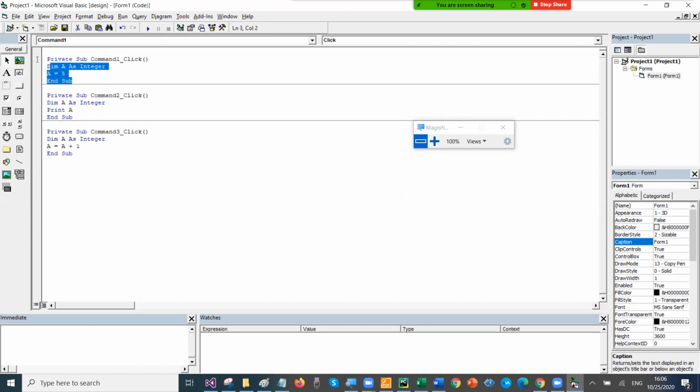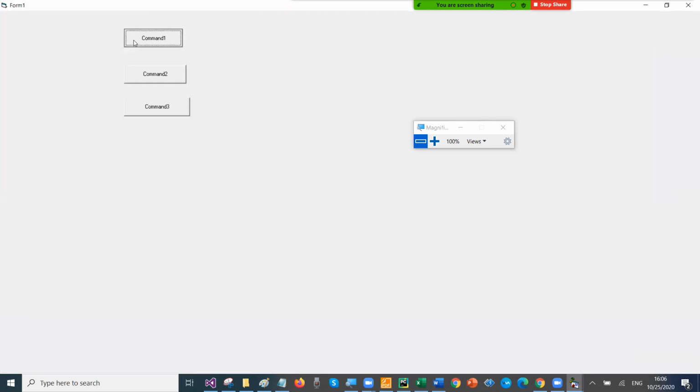They would be live within this block only, and they will be dead as soon as this block finishes. And then when this one begins again, it is recreated and then finishes again. Then again it is recreated. Every time it will be recreated, so different results would come. This one is setting the value of 5, but you can't see that. When you click here, it shows 0.